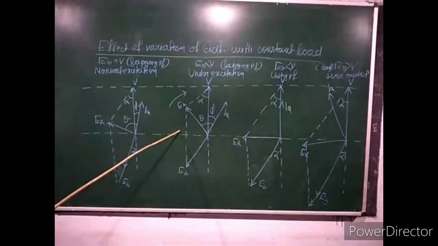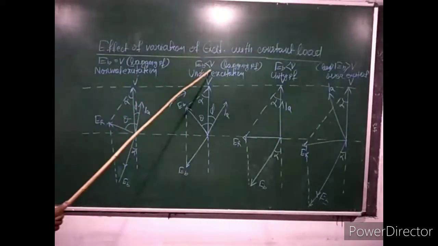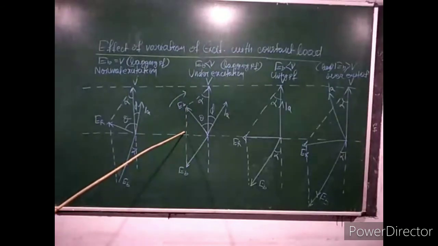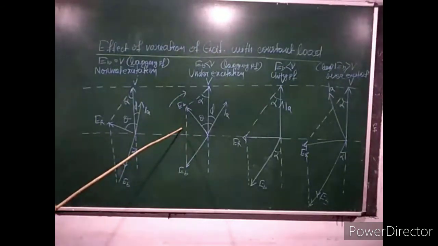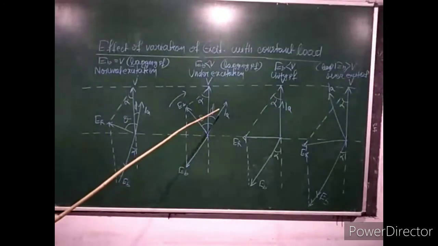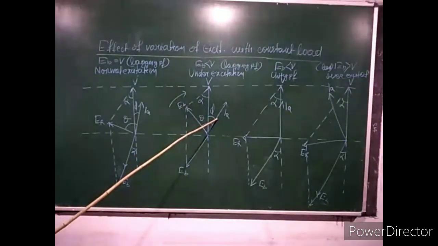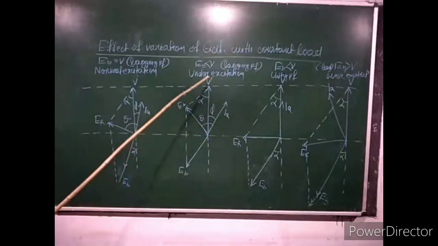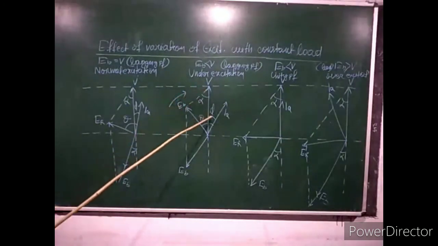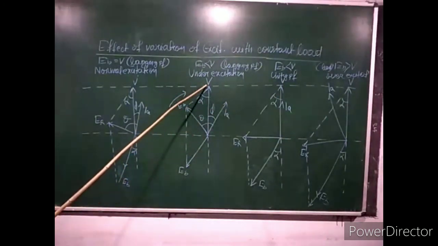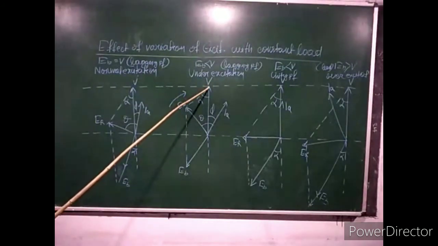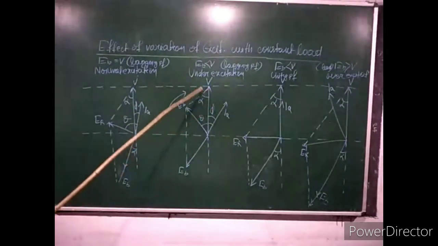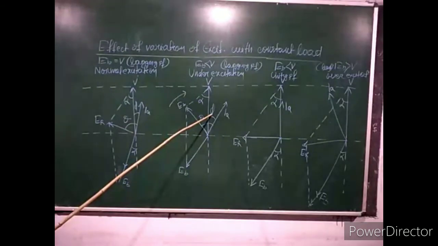I just start from the under excitation case. Under excitation case means when the back EMF is less than the supply voltage, at that time the motor is said to be under excited. In this condition, the current IA, that is the armature current, lags behind the applied voltage per phase V, so the motor power factor lags behind. What is V? It is the applied voltage per phase. So the power factor, that is cos phi, is lagging.